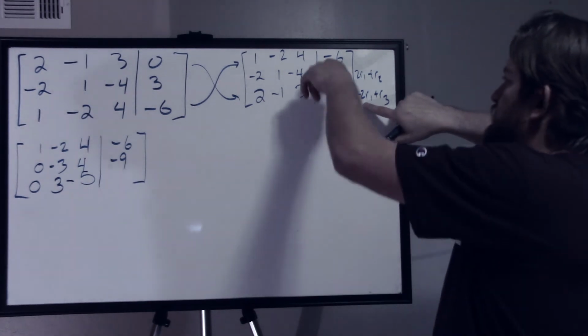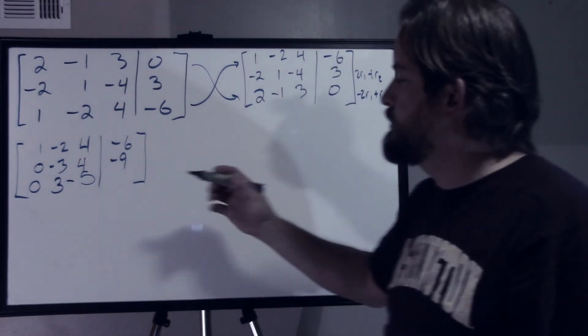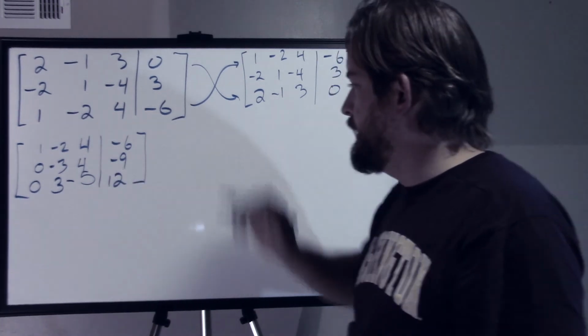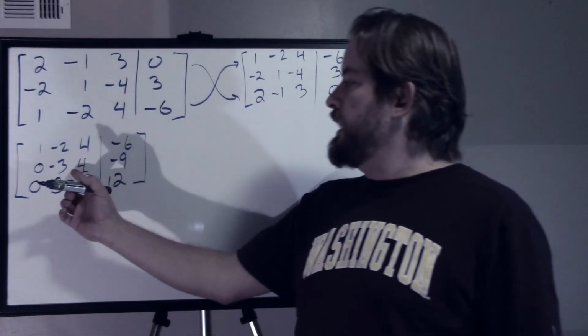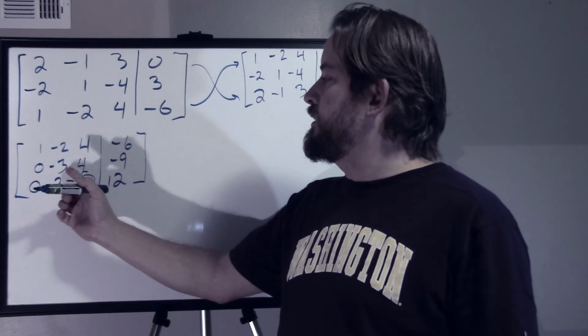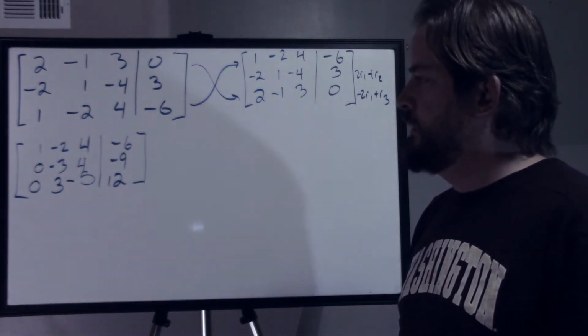And then negative 2 times negative 6 gives me a positive 12, plus 0 is 12. Alright, I think we're on the right track now. Okay. Now, I want to get a 1 here, but I can't really do it without getting a